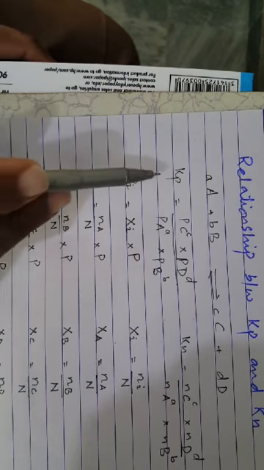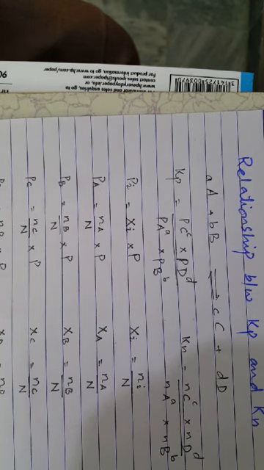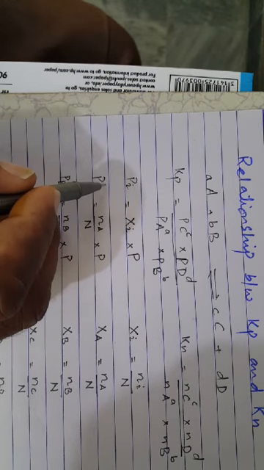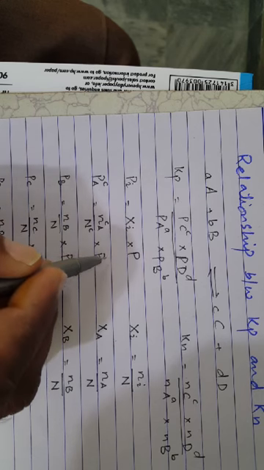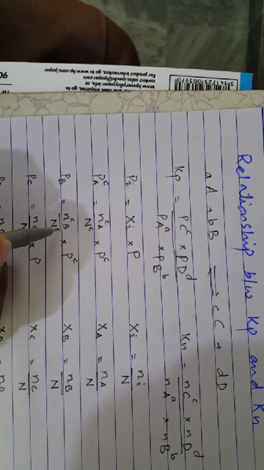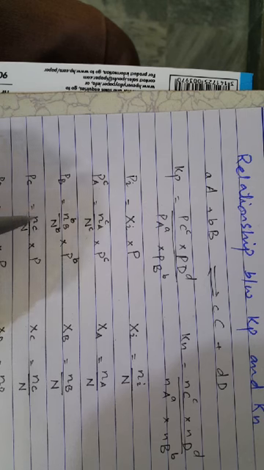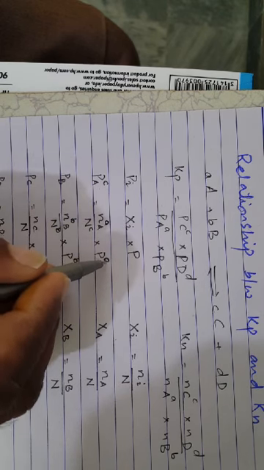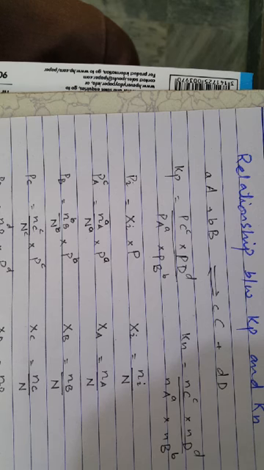As we know, in this expression Kp is equal to the partial pressure of C to the power c. The power used is the total number of moles; each component's number of moles divided by the total, multiplied by the total pressure. This power will be c, sorry, b. Sorry, a: this will be a, this is the A component, this will be c, d, and this will also be d.